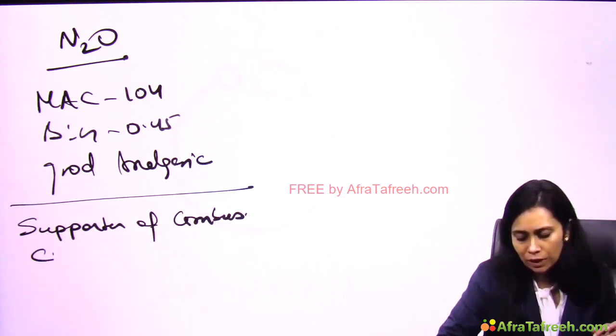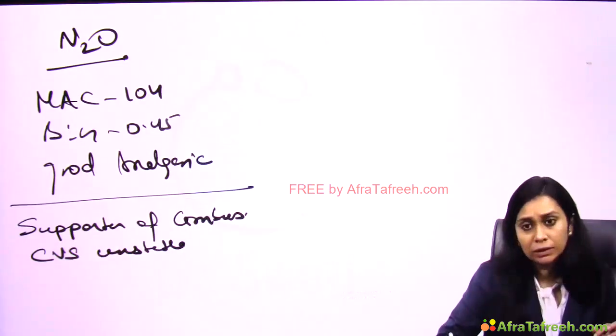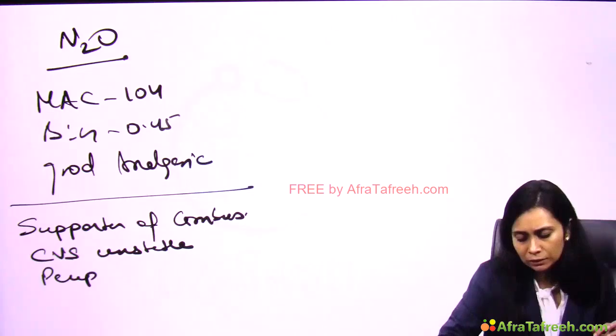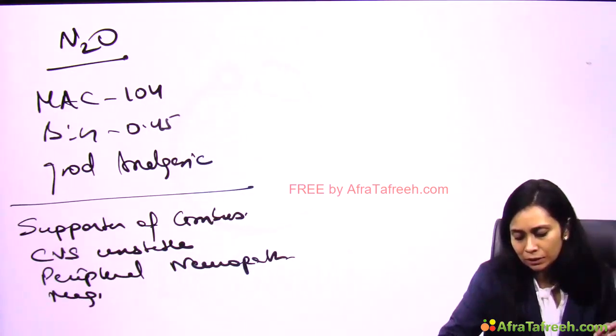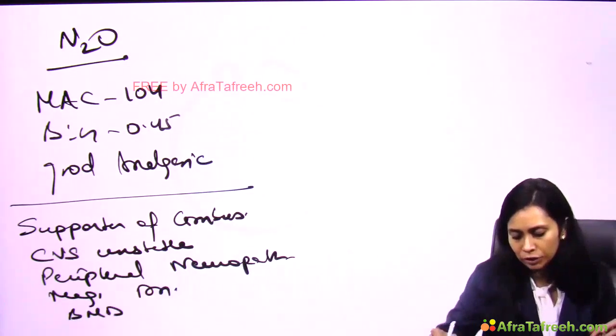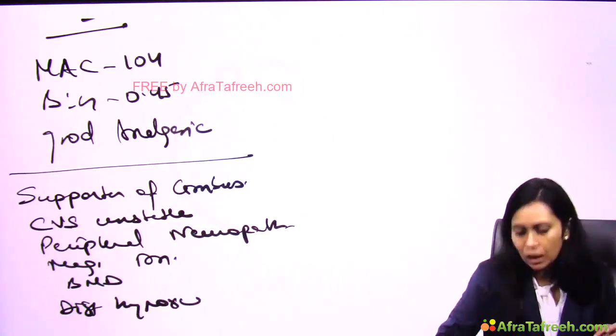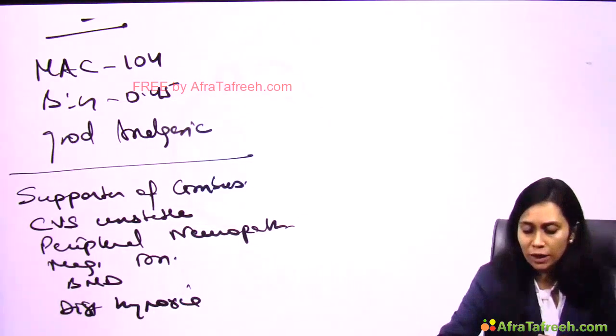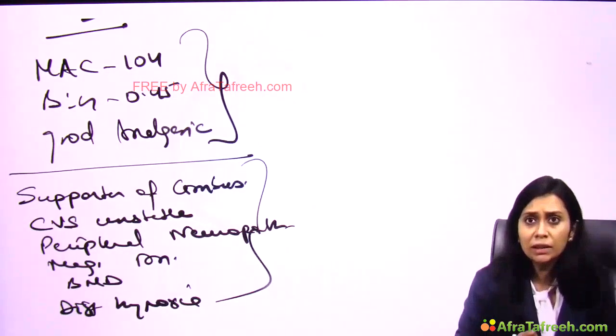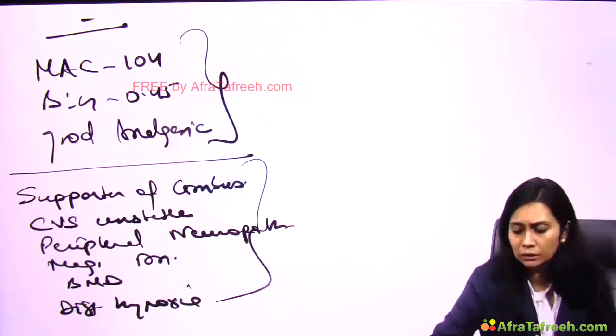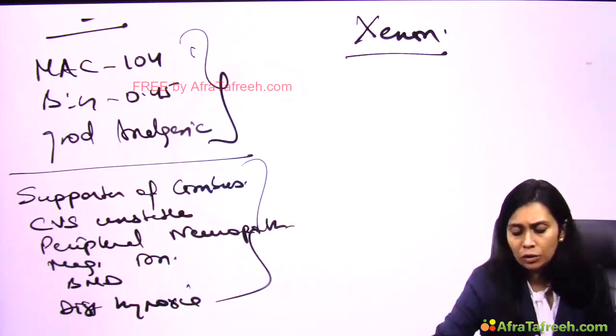Then cardiovascular unstable. Then it causes peripheral neuropathy. Then it causes megaloblastic anemia, bone marrow depression. It causes diffusion hypoxia. Guys, I have separated a few good points of nitrous oxide and a few bad points of nitrous oxide with the intention to tell you the last agent which I want to discuss with you is xenon, the latest inhalational anesthetic agent. It has improved all the good properties of nitrous oxide